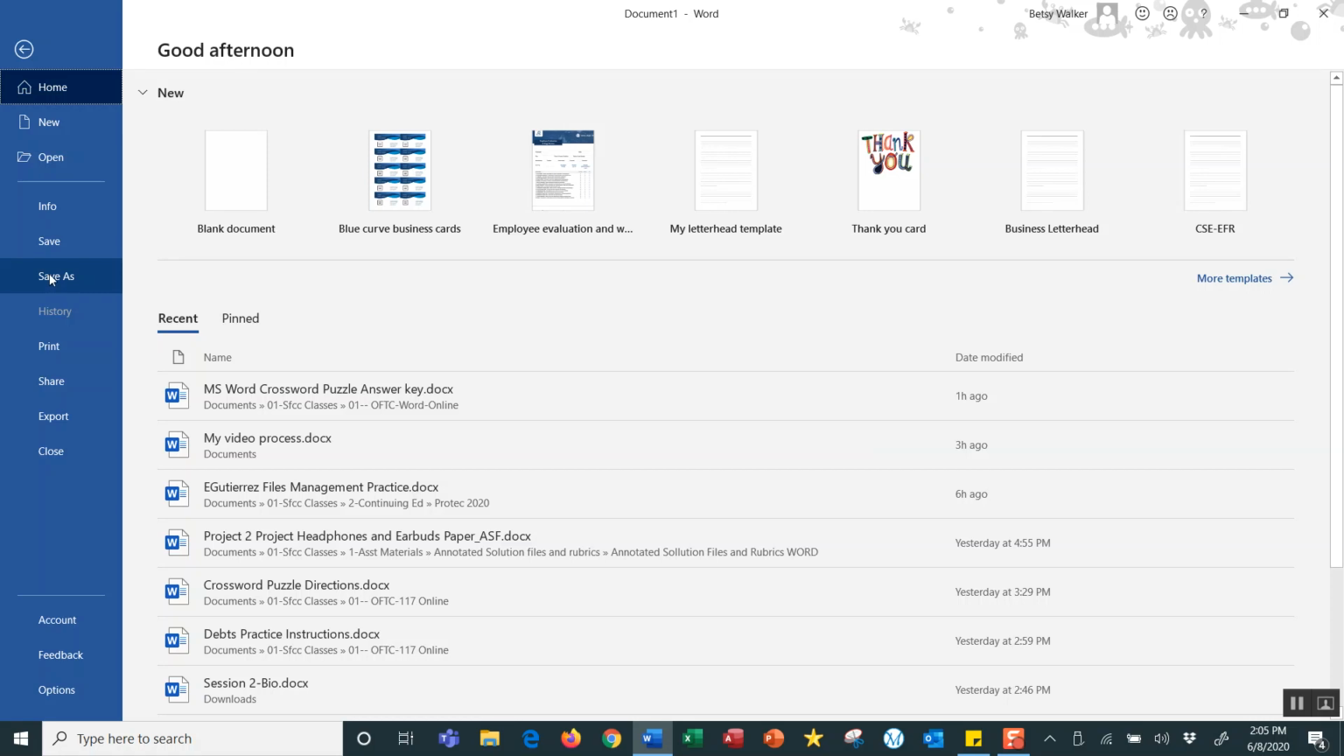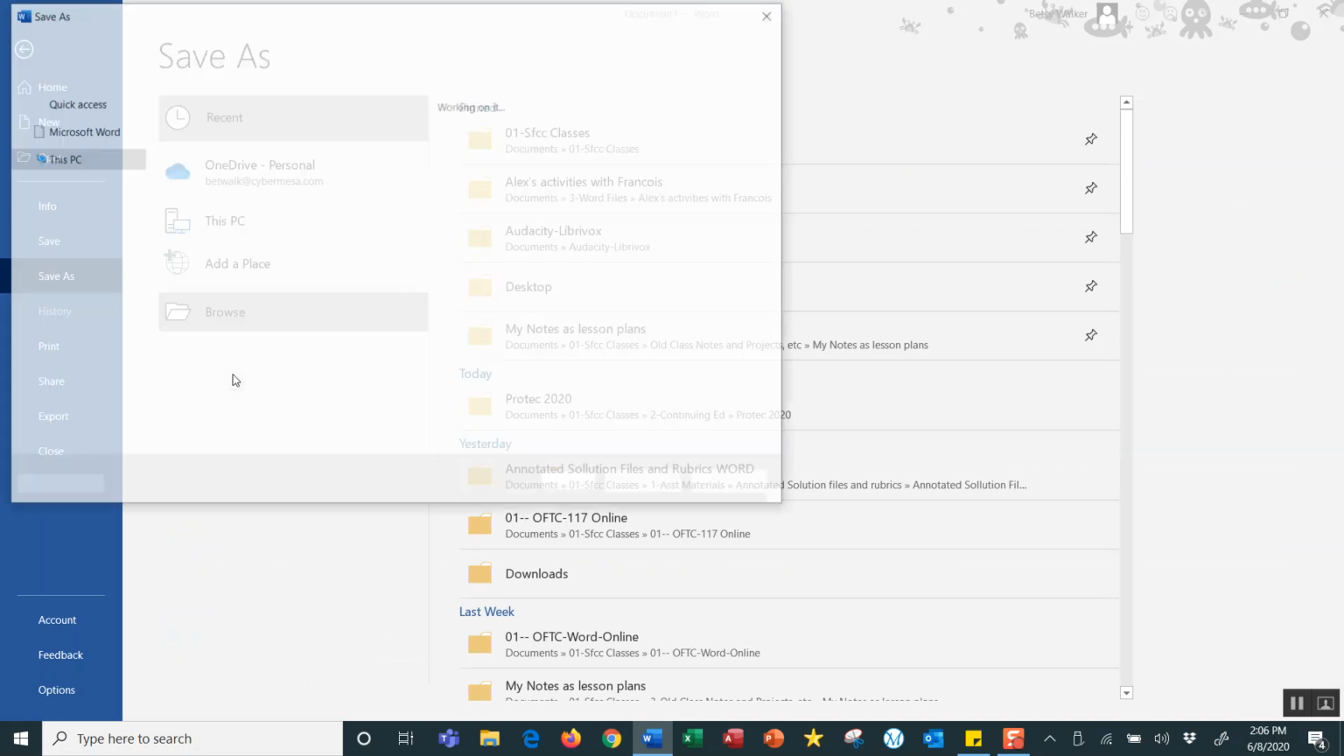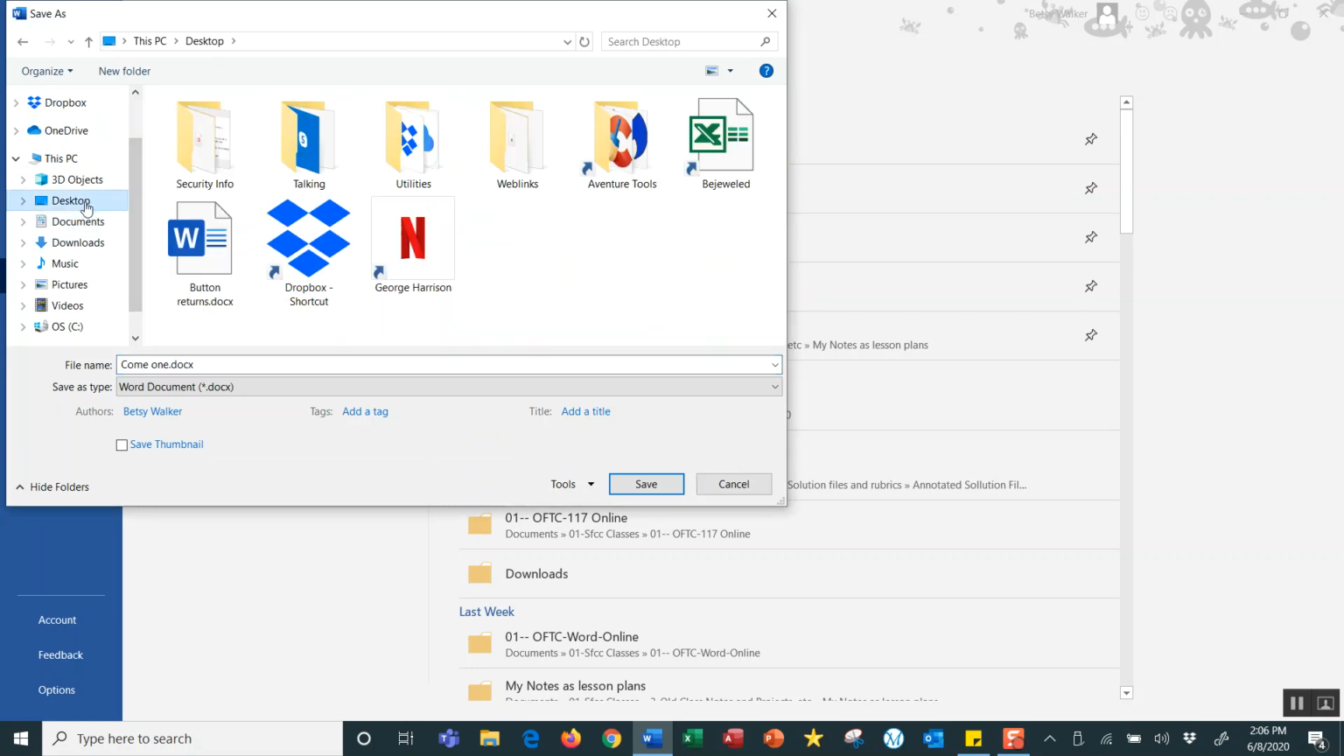No matter what I do of those three choices, the result will bring me to a Save As window. And I'm going to browse to decide where I want to put this. As you can see, I have a lot of folders on my computer. To keep things simple, I'm just going to tell the computer to put it on the desktop for now. So I'll click on Desktop, and I'll click here to give it a name, and I'll call this Adoptions